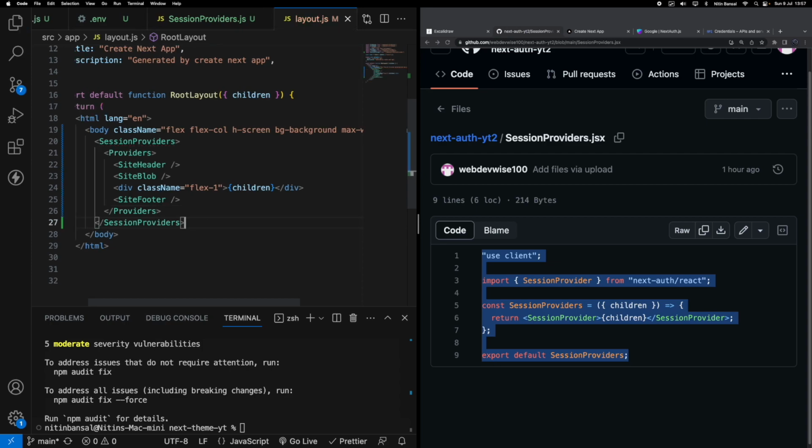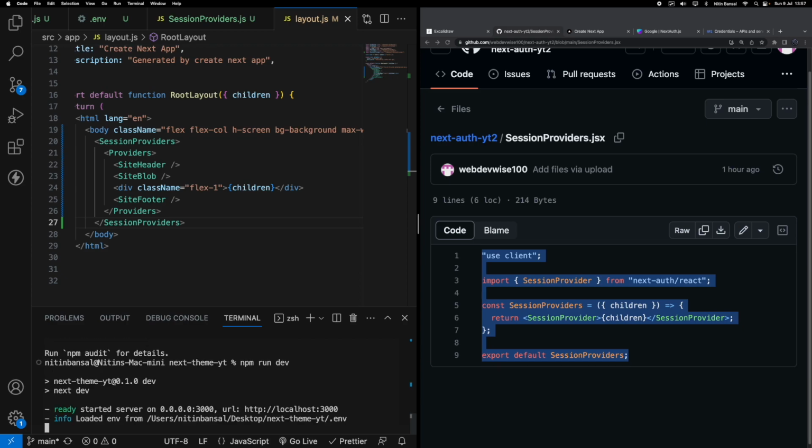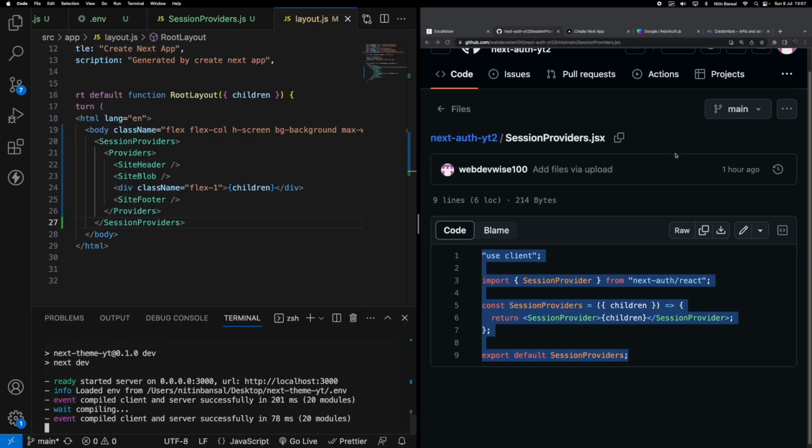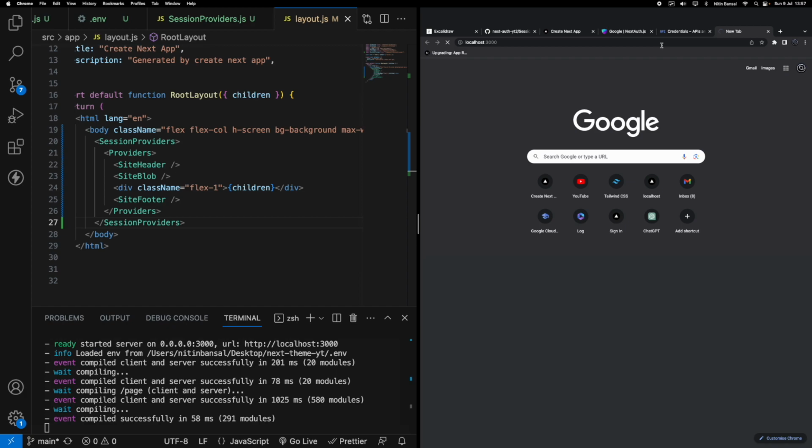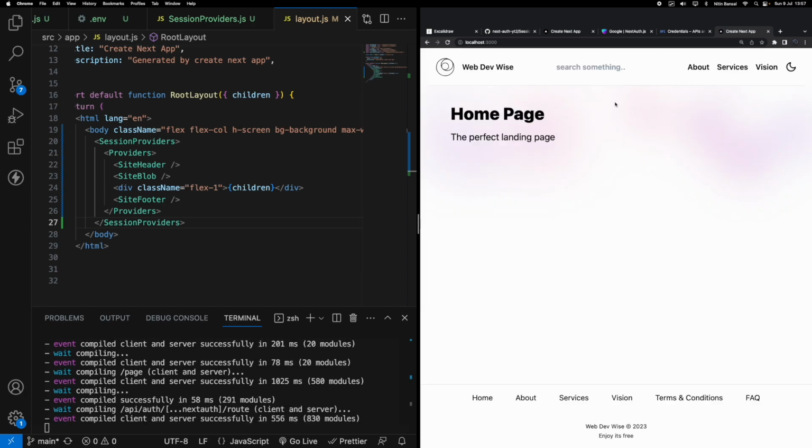So let's take a recap of what exactly we have done. We have created a session provider. We have created an API route with auth options in our API folder with Next.js. Let's try to run the application and see if there is any error or mistake we have done. So npm run dev, and let's head back to localhost 3000. Everything works,